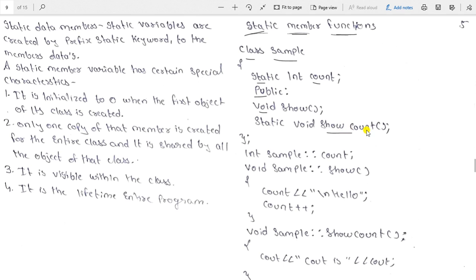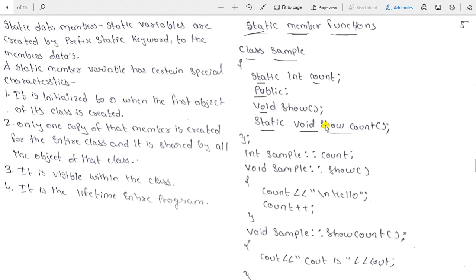See here, they are not two words, they are a single word, showcount. I mistakenly wrote a gap in between, so don't think it is two words. It is a single word, showcount. So the function name is showcount and its return type is void, and the function is now static.